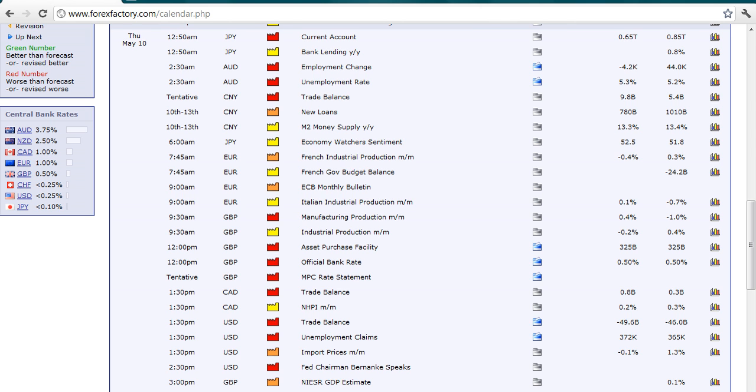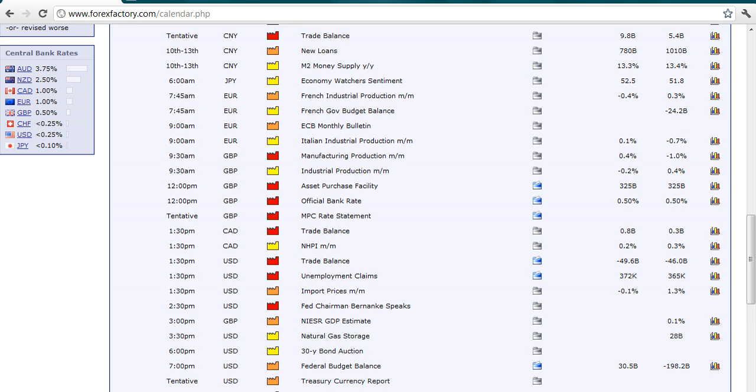We have the asset purchase facility, the official bank rate and the MPC rate statement. Those are the key bits of economic data out on Thursday for the UK. For any of you that trade dollar CAD, the Canadian trade balance figures are out, forecast at 0.8 billion, and we also have the US trade balance data and weekly jobless claims at 1:30. At 2:30 on Thursday, we have Fed Chairman Ben Bernanke. What will he be saying about QE? Will there be any sort of QE hints? That's what everyone's looking out for at the minute